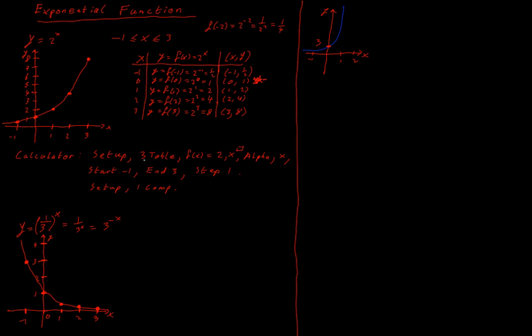You press the setup button, then there'll be options, and you're going to press number 3 for table. You'll get something that says f of x equals, and in this case we want 2 to the power of x, so we're going to go 2, x to the power of, then alpha, which is a button we don't often press, that activates the red letters on our keys, and then we're looking for red letter x. We hit equals,